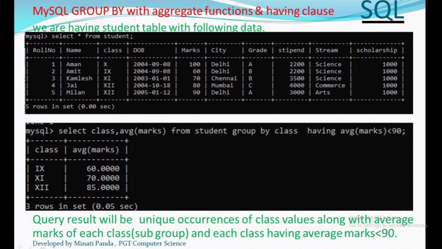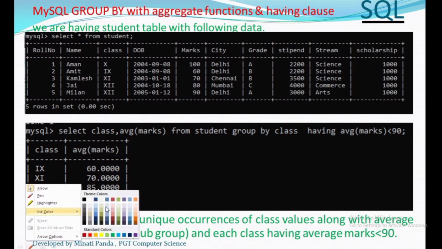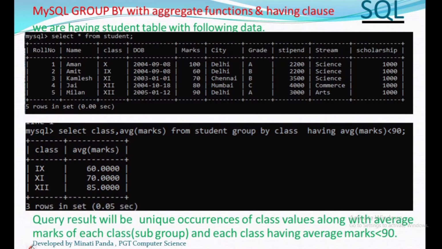Now we'll discuss some examples. Here we are using the student table. SELECT class, AVG(marks) FROM student GROUP BY class HAVING AVG(marks) < 90. As we can see, the classes are 9th, 10th, 11th and 12th. There are two 12th class students.